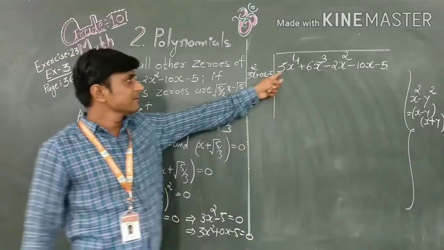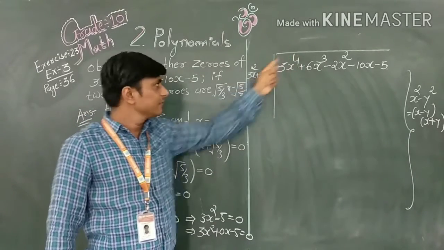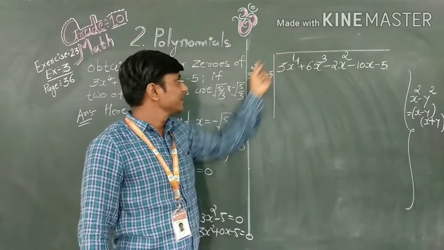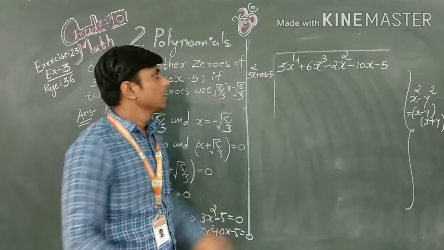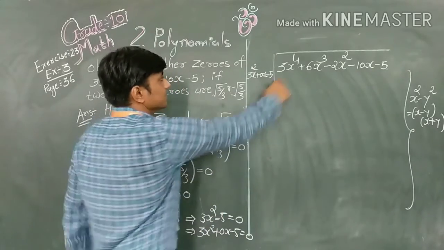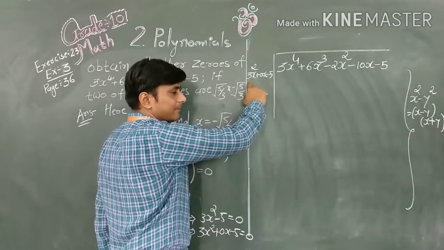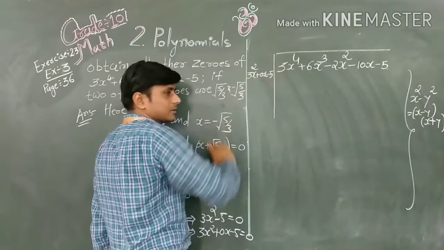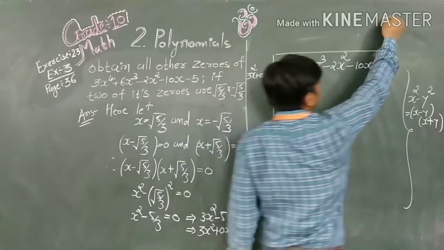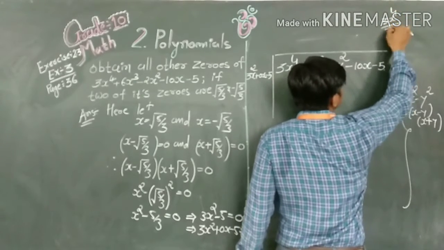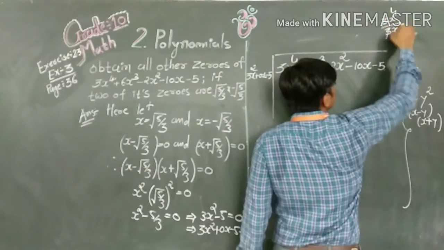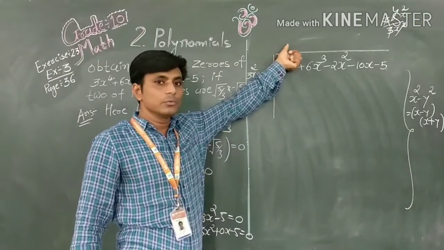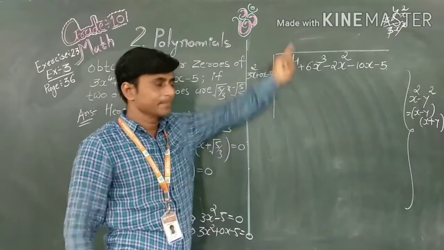Okay. What is our requirement? 3x raised to 4, and we have 3x square. If we multiply by x square, then we get 3x raised to 4. Also you can check this. What is our requirement? In rough you can do this term, first term upon first term. Look here, 3x raised to 4 upon 3x square. 3 cancels and we have x square. Therefore we multiply this polynomial with x square.